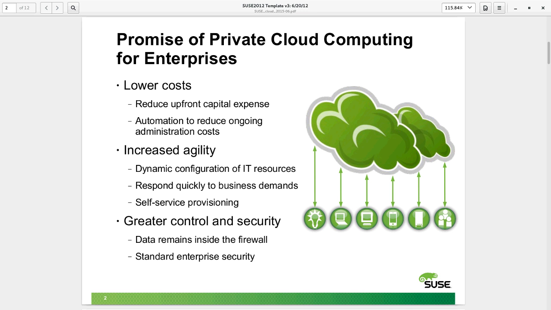And the first point is people are looking at it to drive down costs by increasing the level of automation required to get business services up and running in an IT infrastructure. And more importantly, the whole idea is to be able to deploy new services rapidly in the face of changing business demand. Either because you're spinning up a new business or you have increasing levels of web load because some specific event happened, a product launch, whatever, or you just need to deploy resources to address short-term IT requirements.